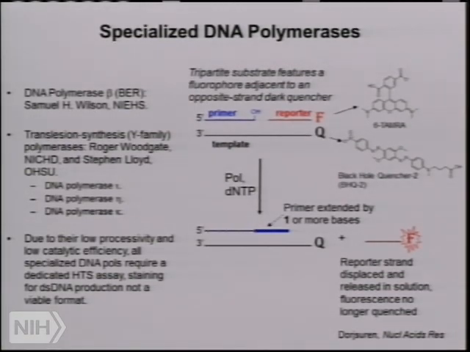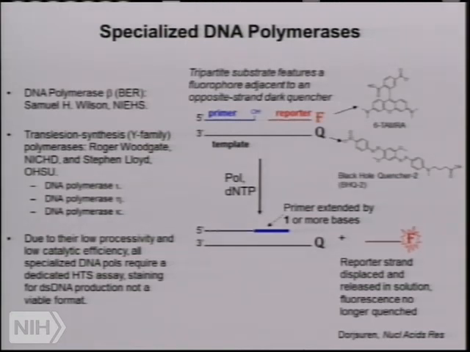They basically insert a base across the lesion, allowing the strand synthesis to continue. So they associate with the strand for only the incorporation of one or two bases, then they dissociate, allowing the regular proofreading polymerase to take over and continue the DNA synthesis. So setting up an assay where you simply look at the amount of DNA produced by the polymerases is impossible because they don't make a whole lot of DNA. So to set up an assay in this case, we set up the following system.